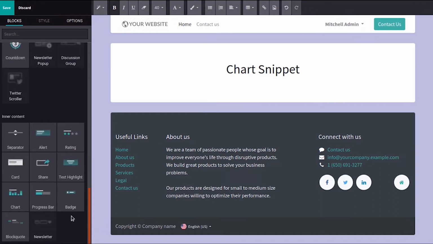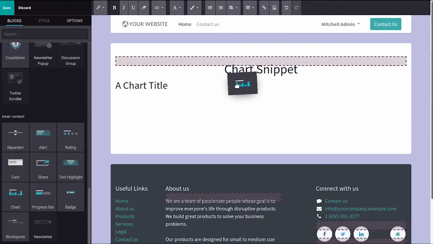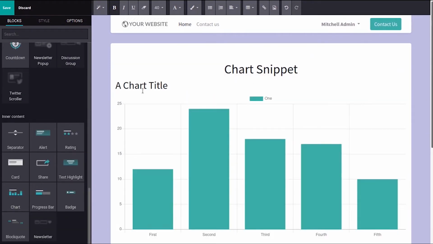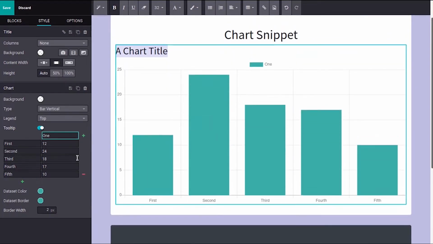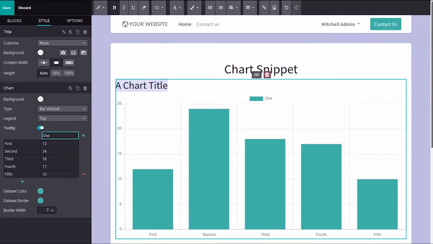Then we can drag this chart. You can also add a chart title, that is a title for your chart here. So you can see different things are here and we can customize our chart.